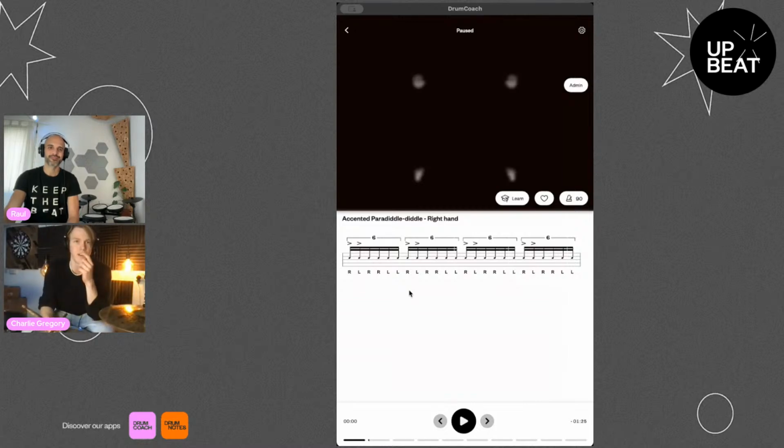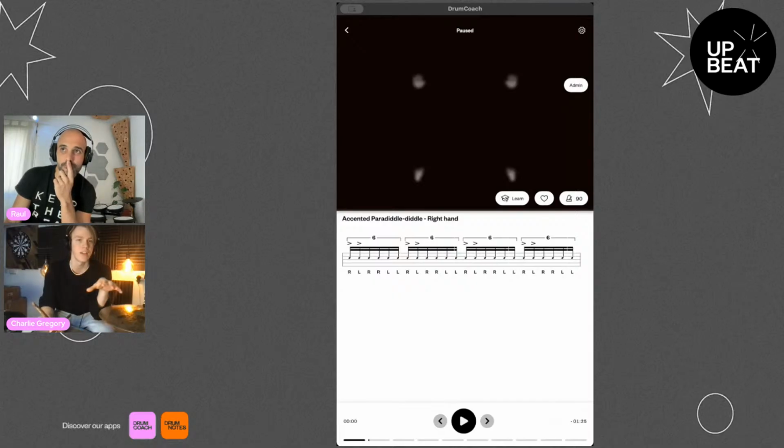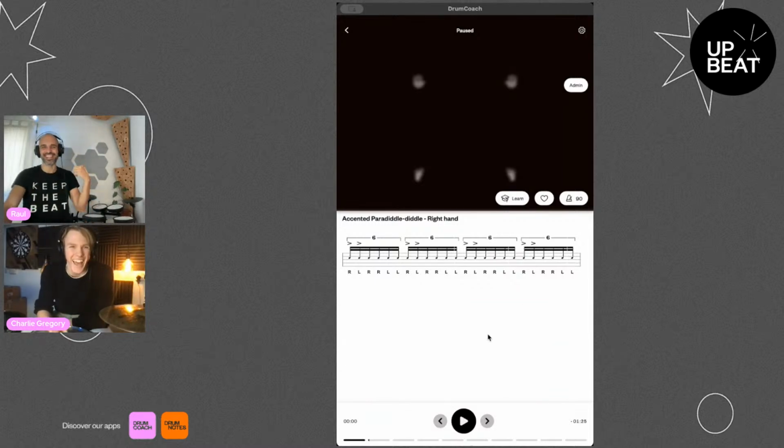If you make those first 2 accents and then everything else ghost notes, you can get some really cool stuff out of that. And then that was just putting it on the hi-hat and snare. That's cool. I want to play that later. When we finish this live, I'm gonna do that.